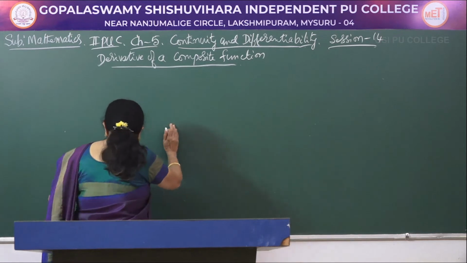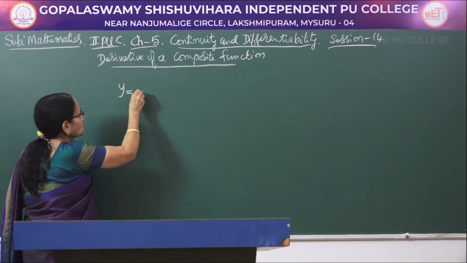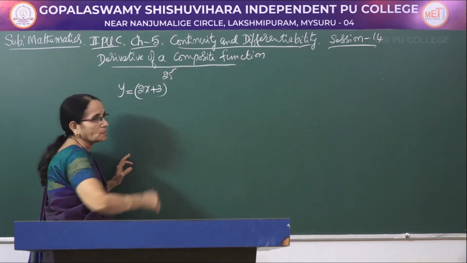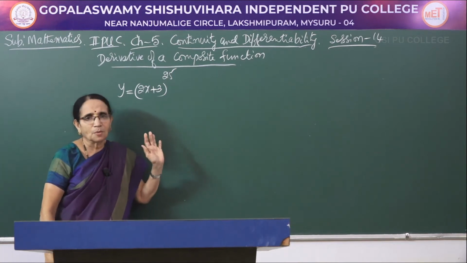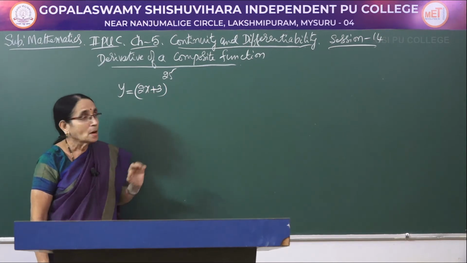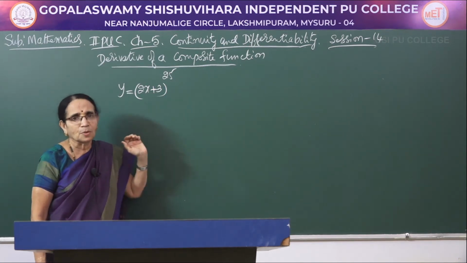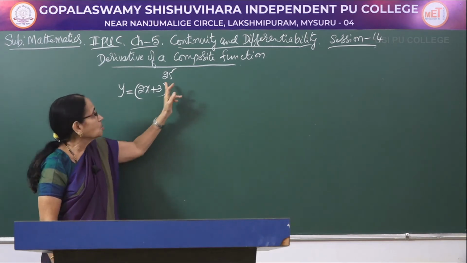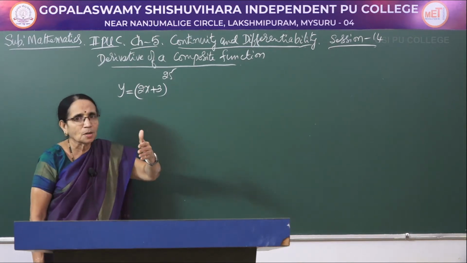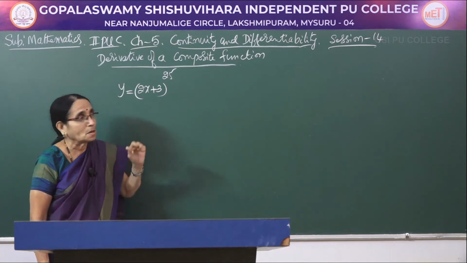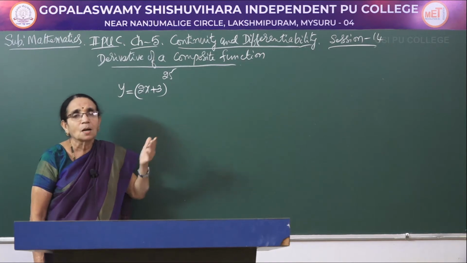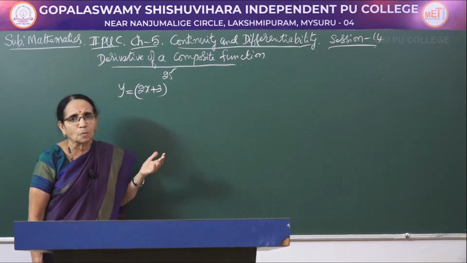Let me consider a function like this. Say y is equal to (2x plus 3) whole to the power 25. This is an algebraic function; 2x plus 3 is a linear term that has been raised to the power 25. Of course, if you are asked to find the derivative, one method is to use the binomial theorem and expand this. Index 25 means, as you learned in first PUC, there will be 26 terms. After expanding, each term can be differentiated using the basic formula: y is equal to x to the power n gives n into x to the power n minus 1.